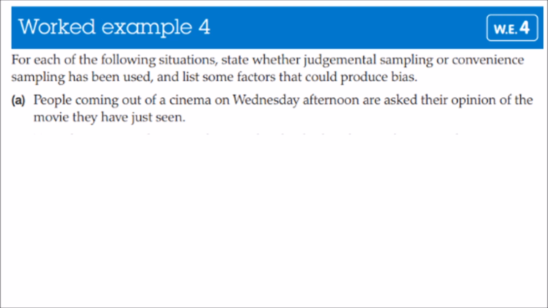People coming out of a cinema on Wednesday afternoon are asked their opinion about the movie they've just seen. This is judgmental sampling, because people who have seen the movie are sampled, and they have special knowledge about the movie. It is also convenient sampling, because the sample is limited to people who happen to be there